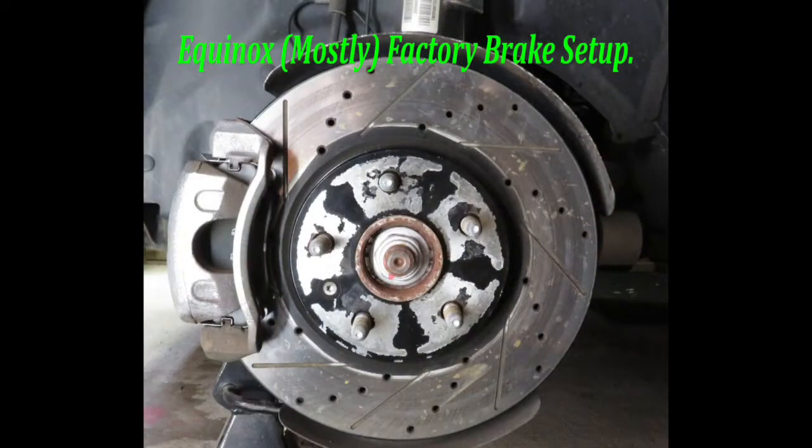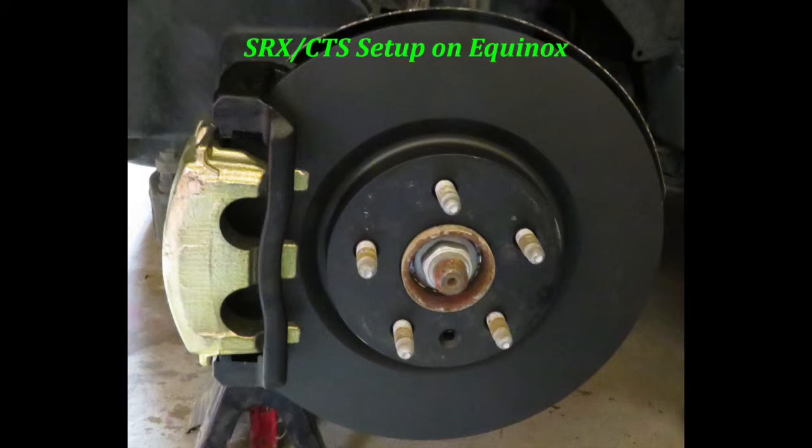In today's video, we're going to find out if Cadillac SRX calipers will fit a Chevy Equinox. The difference is the Chevy Equinox only has one piston on the caliper and the Cadillac SRX has two. Now, the reason I am trying this is because they're made on the same platform. So, without further ado,